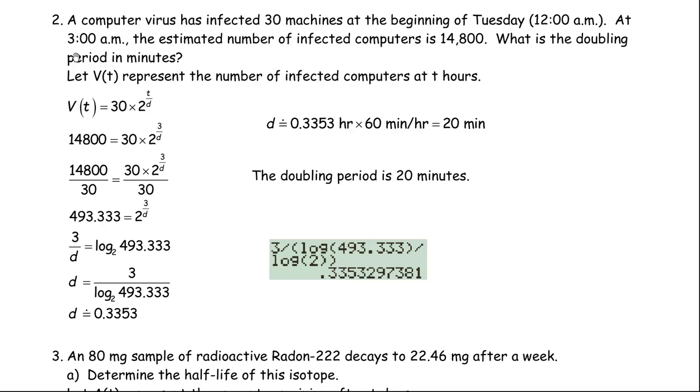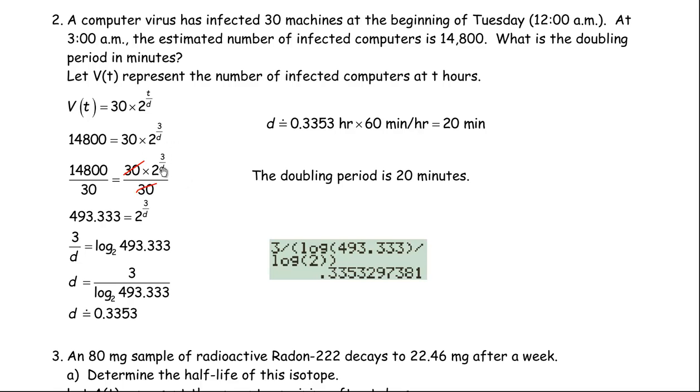And so I want to isolate for D here. So I want to get the term that has a D in it alone. So I'm going to get this guy alone. Okay, so that's why I would divide the 30 out. So if you take this and divide both sides by 30, and of course the whole point of that is so that these 30s divide out, and so you're just left with a 2 to the power of 3 over d on the right,